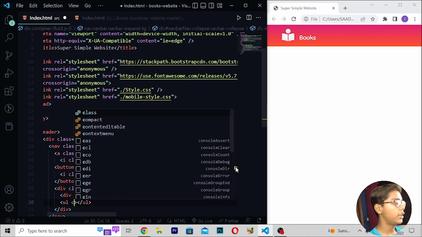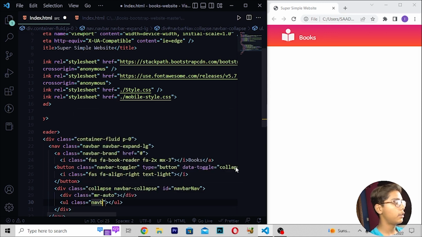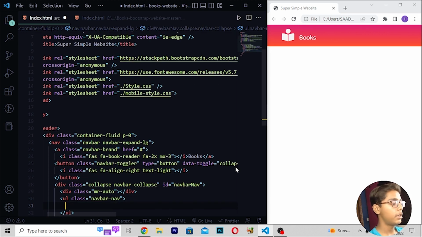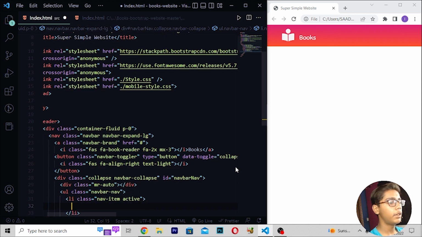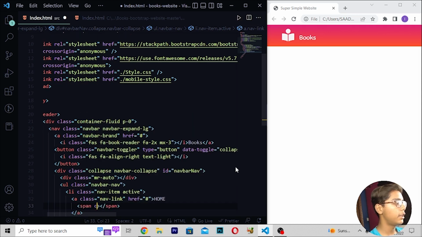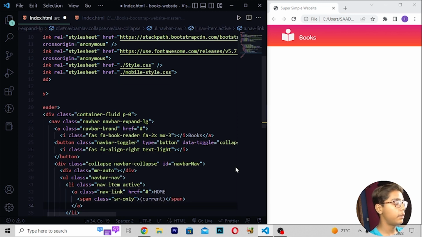After this, right here ul class, then I will be writing navbar, and here I will be now writing nav. Then you have to write here li class, then I will be writing here nav-item active. Then you have to just move down. Then when you've written this, here I'll be writing a tag, and right here class which should be nav-link. Then I will be now writing href equals hashtag, then right here Home. Then you have to just do one thing. I will be moving under this a tag, and in which a tag here I will be writing a span class sr-only. Then I will be writing here (current) like this. Then close this.